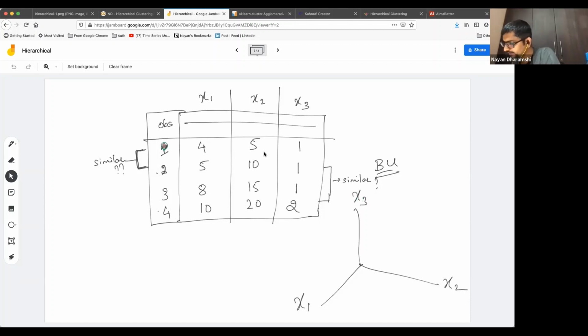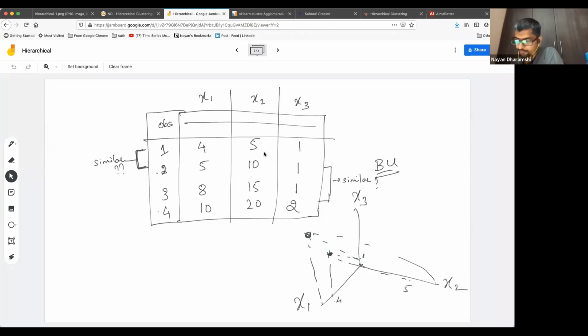So if I say x1 is 4, x2 is 5, and x3 is 1, I don't know how to draw very clearly in 3 dimensions, but I'll make a try. Observation 2 is 5, 10, and 1. So if you draw like this in 3 dimensions,